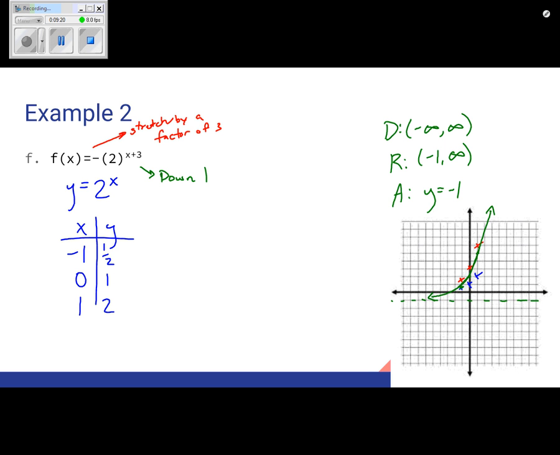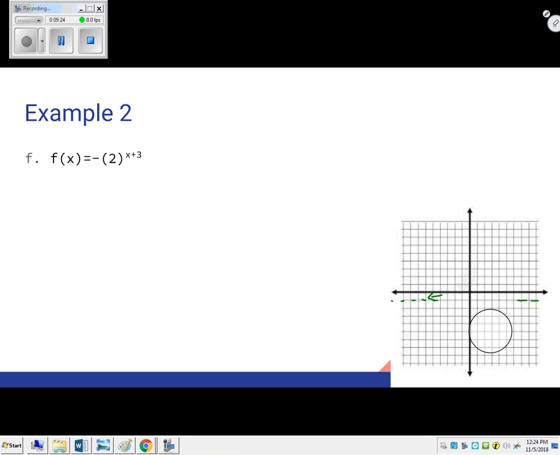All right, one last transformation we haven't talked about yet is a pesky negative sign. So, still stripping it down to its skimpies here: y equals 2 to the x. So I have the same table as last time. You would think eventually I would quit erasing my table. Good grief. Okay, so